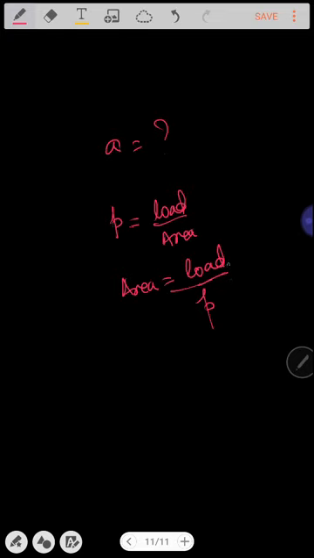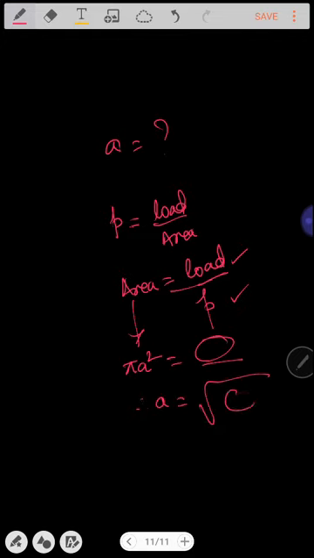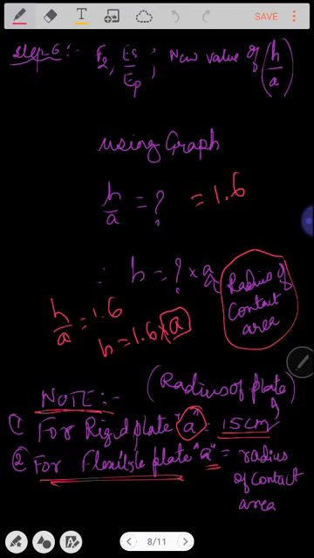Whatever load exists over the pavement surface has to be taken in the numerator. Contact pressure is known to us, so that gives us the area. This value is equal to the area of a circle, because we are considering the loaded area in the form of a circular shape. It is given by pi a square or pi r square. Therefore a is equal to the square root of this value divided by pi. This will give you the radius of the contact surface, which is used for substitution to determine the thickness of the pavement or the soil subgrade.